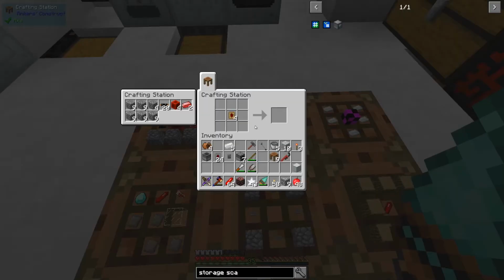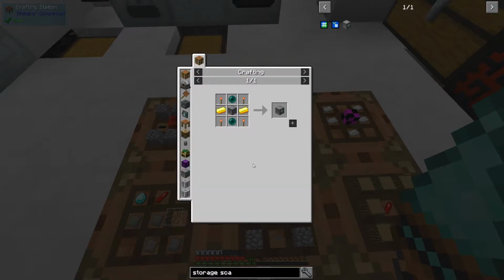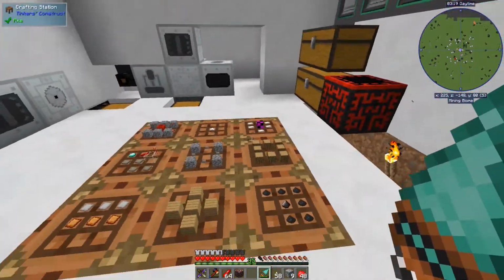I need more crafting grids already. I feel horrible. Okay. Oh, no, we can't do that. So we need to actually make these